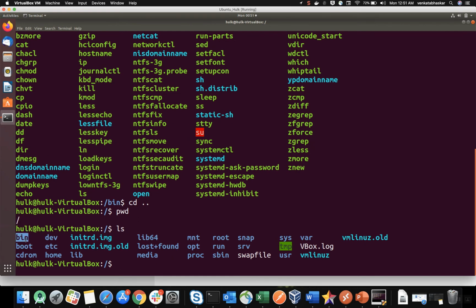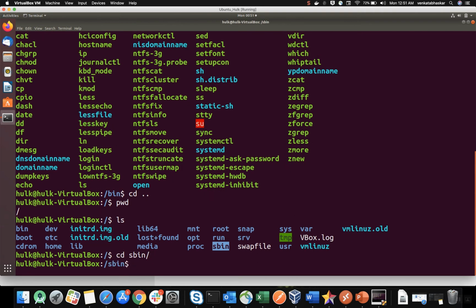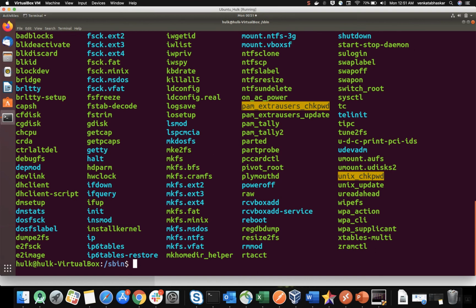We have one more directory, sbin. Only the super user can access this sbin directory. I will go in and show you the files, using the ls command. These are also binary executables.